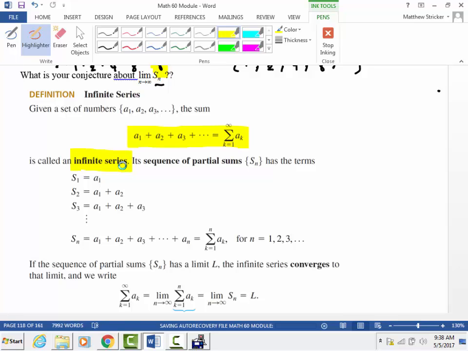Now, these two examples are actually two specific examples of a certain type of series called a geometric series. And it can be shown, it can be proved that for a geometric series,